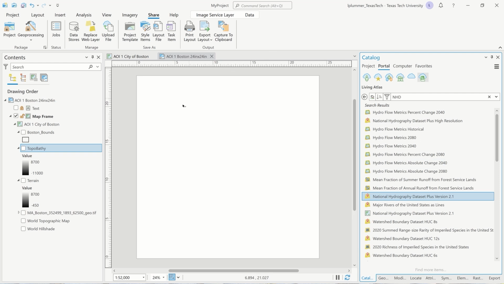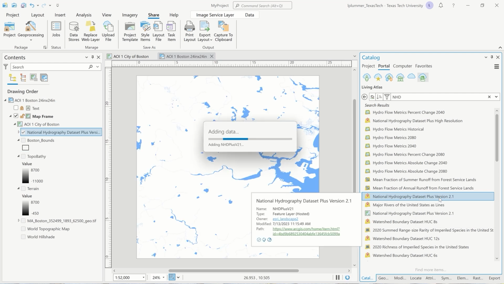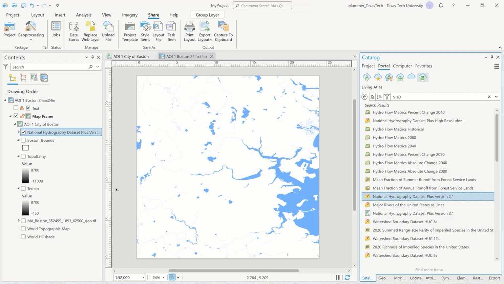And add this when you're in your layout space, okay? Otherwise you're gonna be adding data to most of the country, and that's just not necessary. So we'll add this guy. Okay, great. So that came in